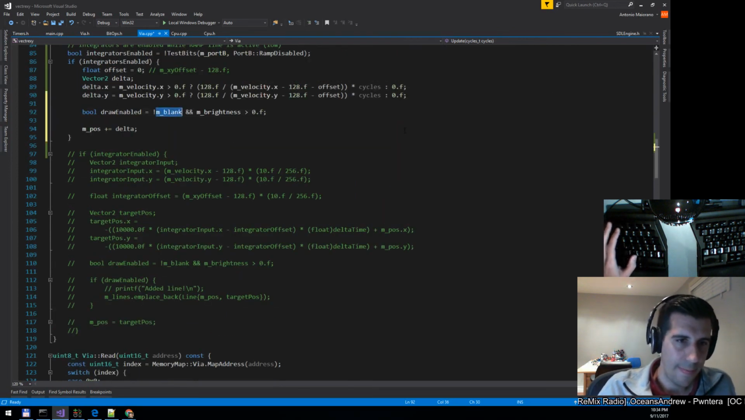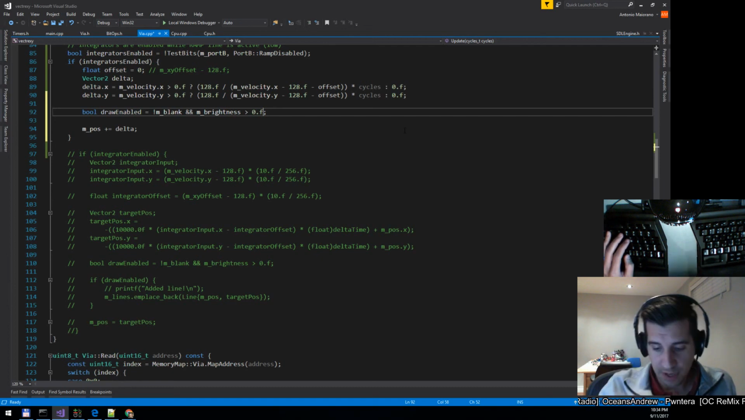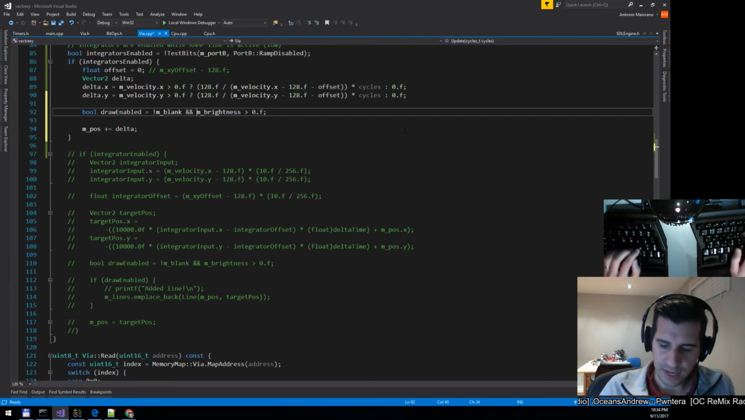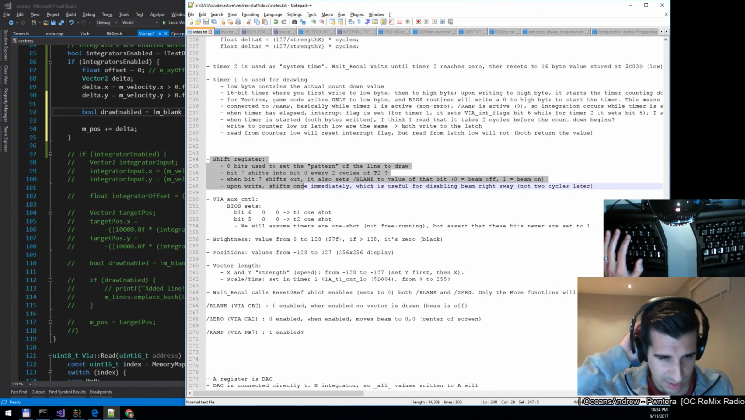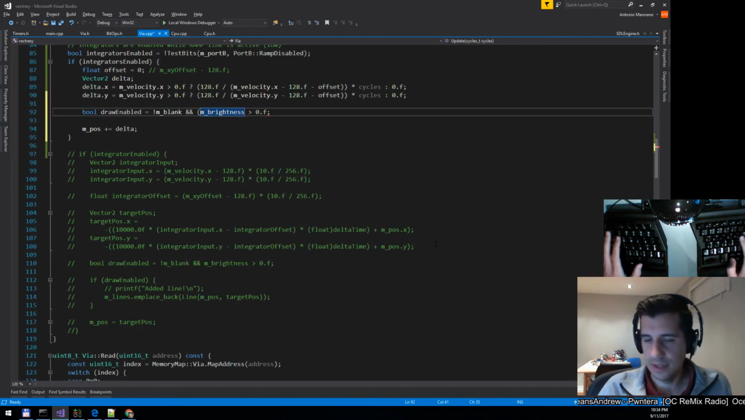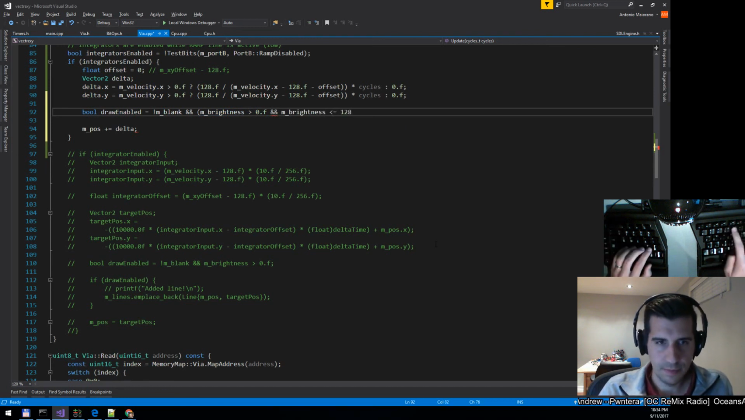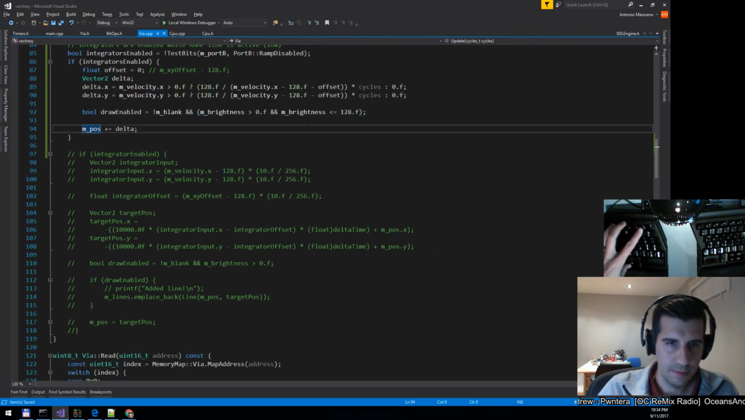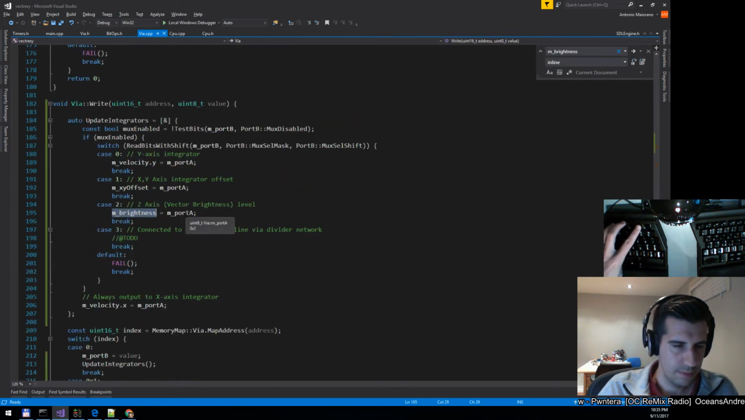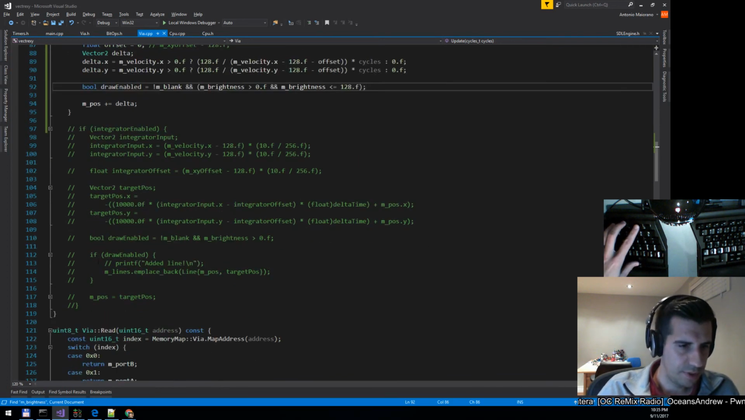So for not blanking, and the other thing I learned about brightness is that it should be greater than or equal to 0 and also less than 128, I think it was. Less than or equal to 128? Yeah. Because anything greater than that, it's supposed to be black to be kind of accurate. Okay. And it is a float, right? Yeah. So if draw enabled,